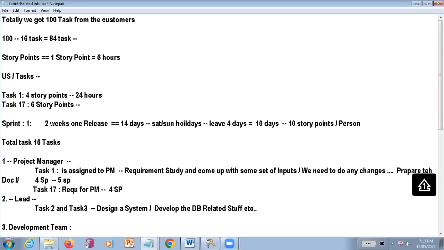Now, how many tasks have we taken? 100 tasks. In that, for the first sprint, for example, you are going to take 16 tasks. So 16 tasks means totally how many